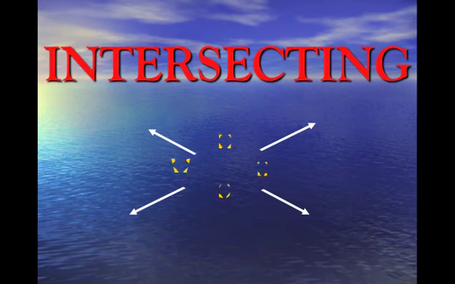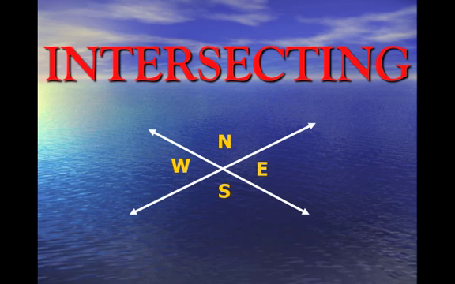The other type of line that exists is an intersecting line. By definition, these are lines that actually meet. Now, when two lines meet, they only meet in one point ever. They can never meet in more than one point, because then these lines would have to bend, they would have to arc, and that's not the definition of lines. So when two lines meet, they intersect in one point, and that's what they're referred to as